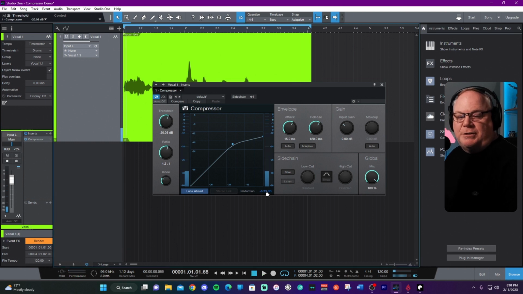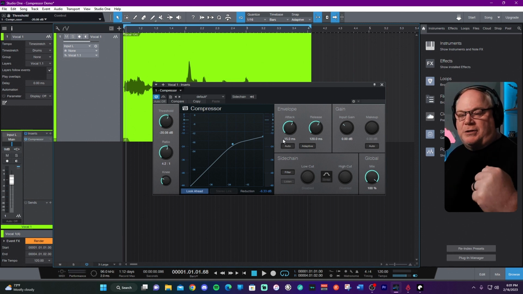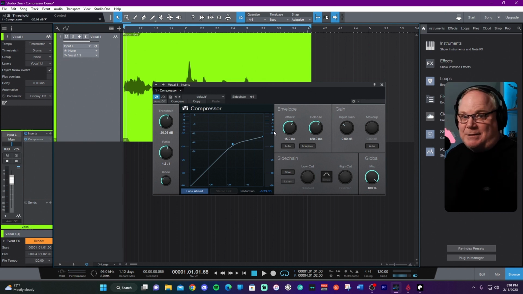Okay, so what I'm trying to do is get between 6 and 7 dB of compression here. You can see it actually reads the number out down here at the bottom. You see the little yellow bar? That is showing you the amount of gain reduction when the compressor is active. If you don't see yellow, it's not compressing.